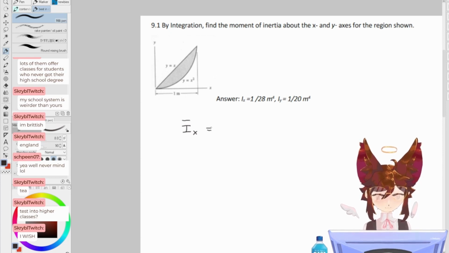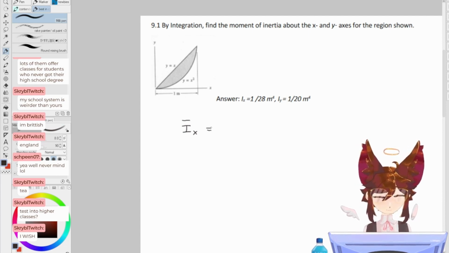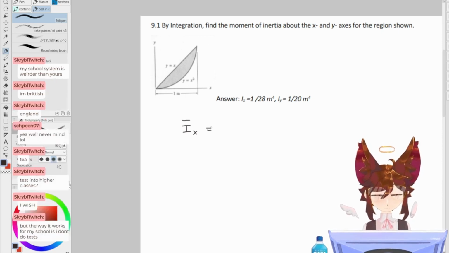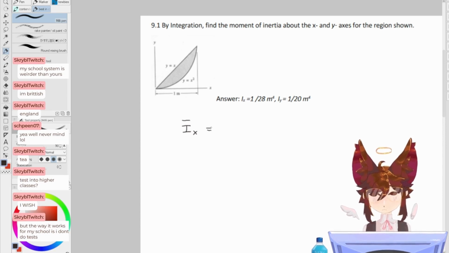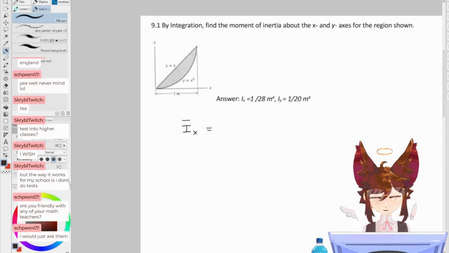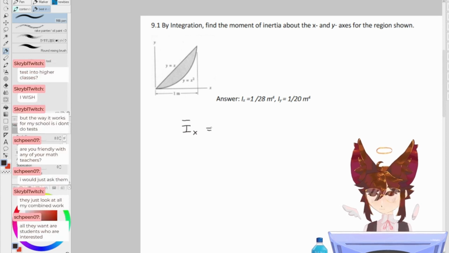Why do I have radius of gyration? Okay, where's the, what am I looking for? Q? Do I need a Q for area of integration? Or not? Because I know we had a Q for... Oh, wait, no, because this is not divided by... Wait a second. Is moment of inertia...